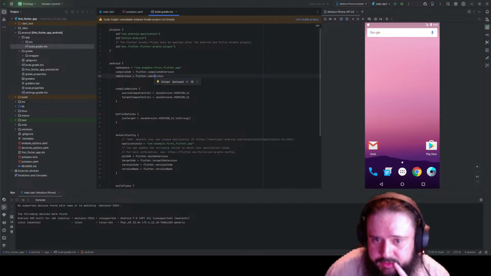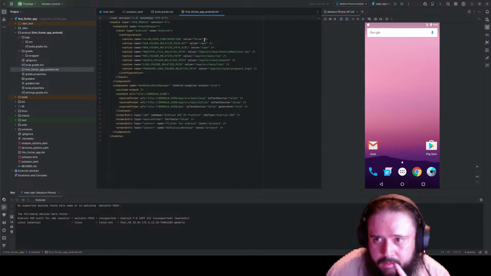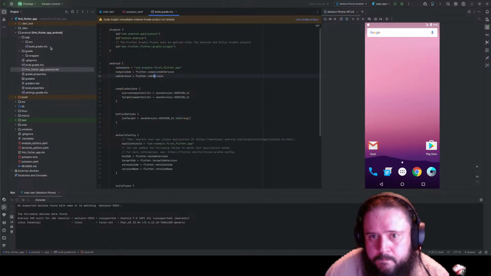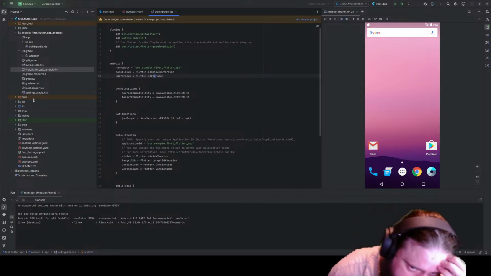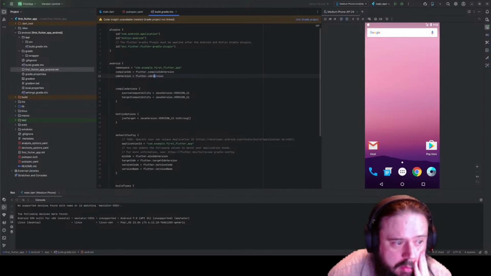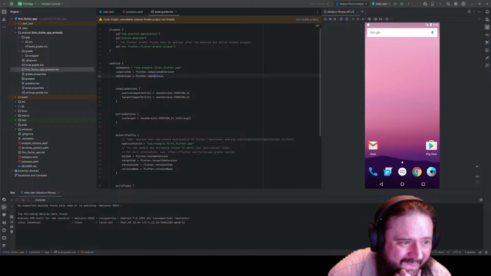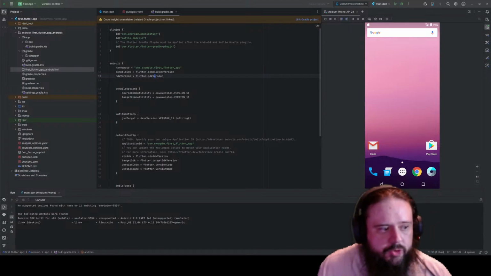See Flutter.ndkVersion. So this is not helping me. Let's go to